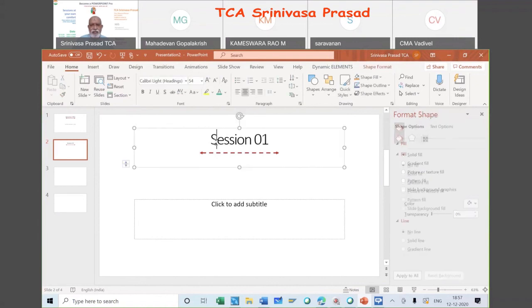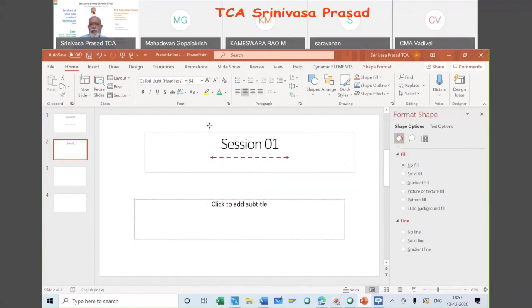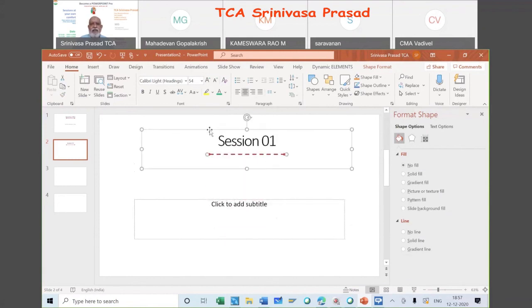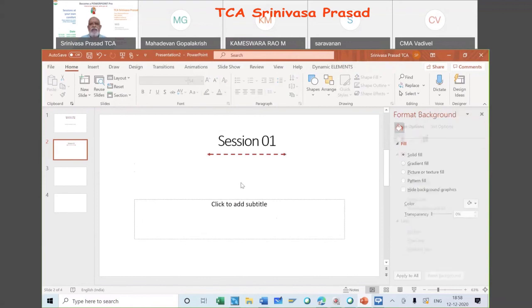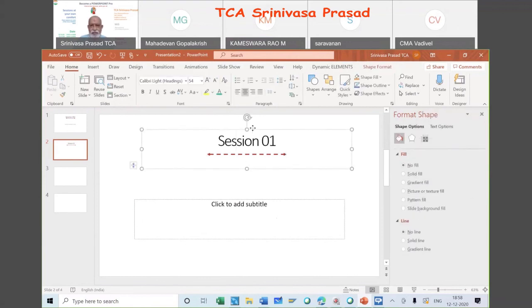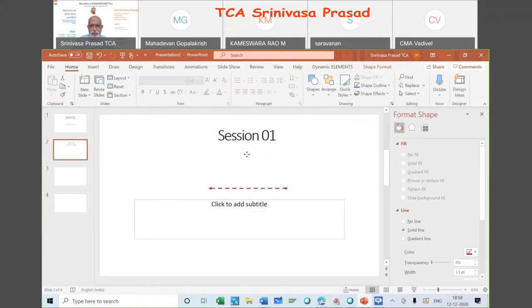Okay. So you select this, and then you go on Control G. Now you make it as Control G. Now select both of them. I will repeat. I will remove all these things. When I try to move this, only the session will move, and when I try to move that, only the line will move.